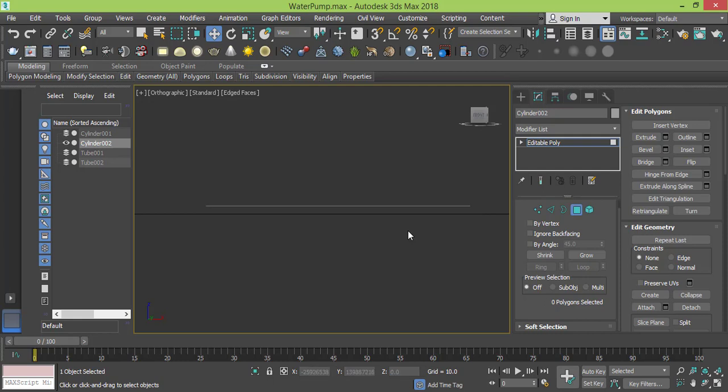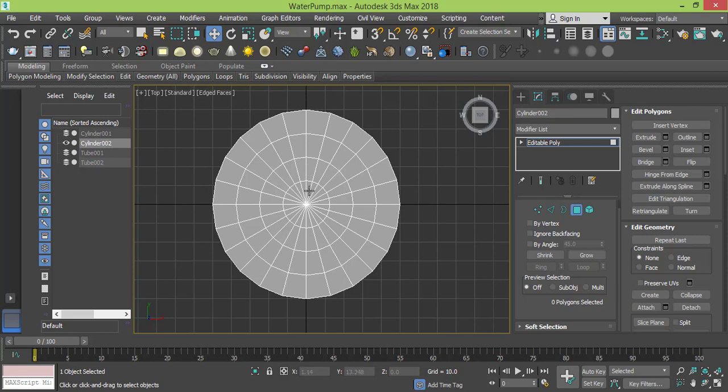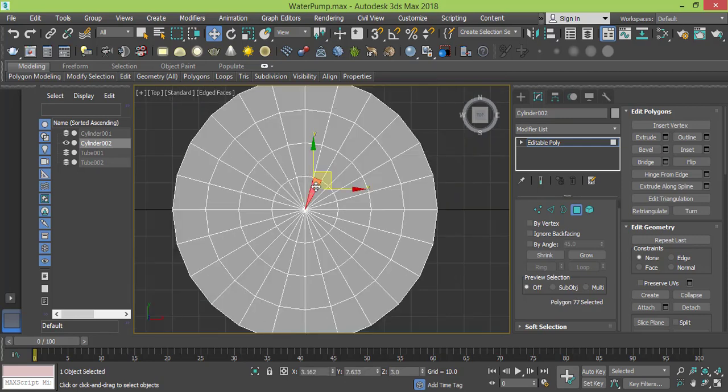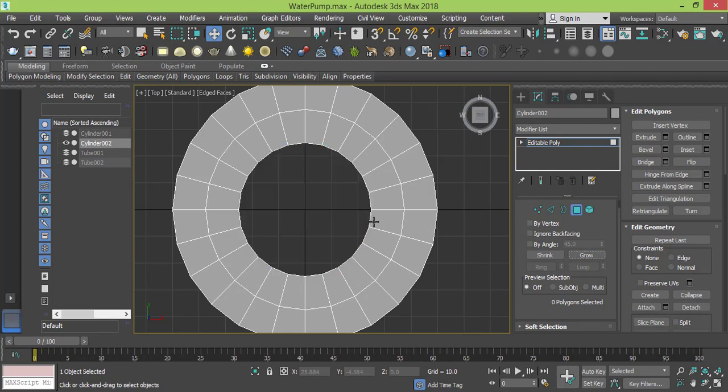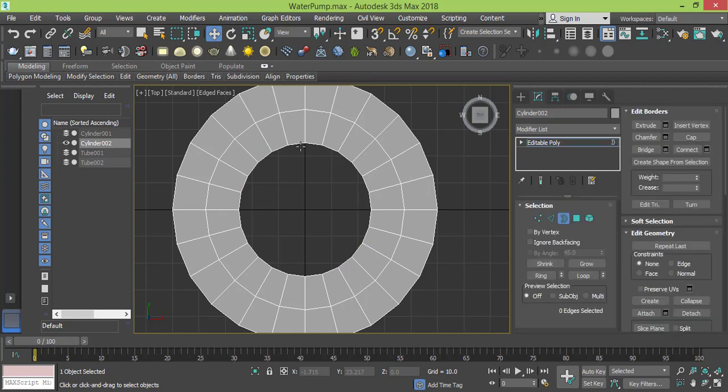Get back to top view by pressing T from your keyboard, and now what we need to do is get rid of these polygons, the middle one. Okay, I forgot that. And now I press grow to take the other one with it, and I will press delete. Now let me change my selection mode to border and select this border right here, and I will press cap